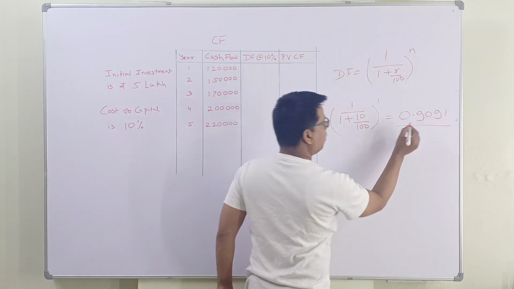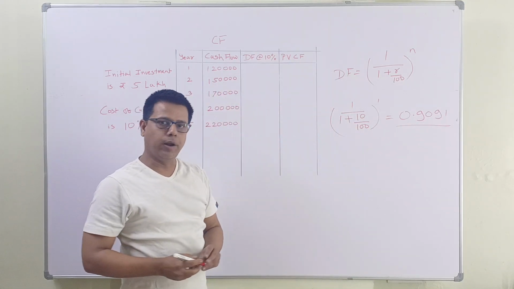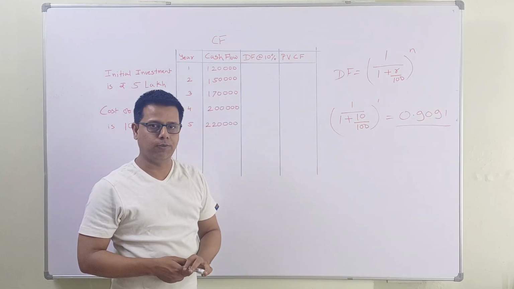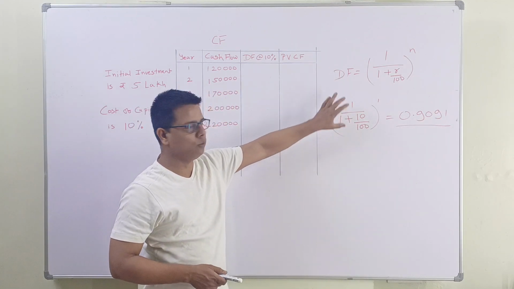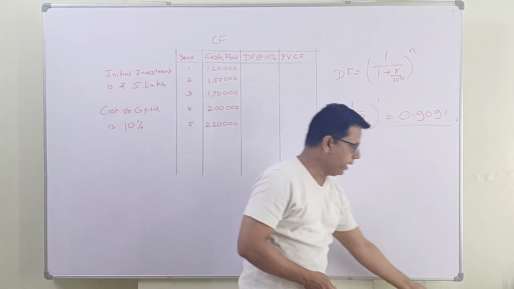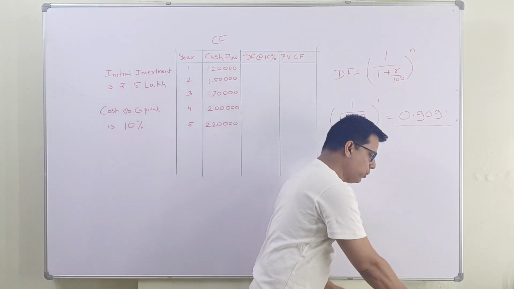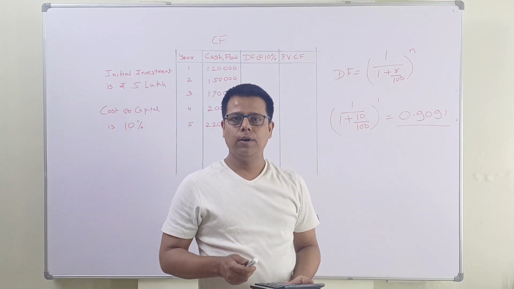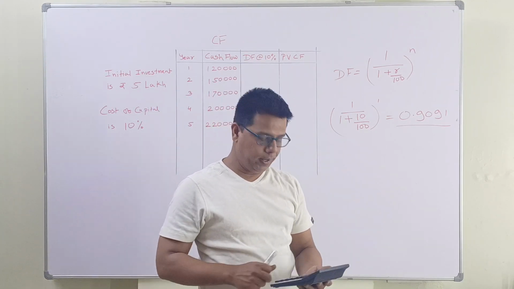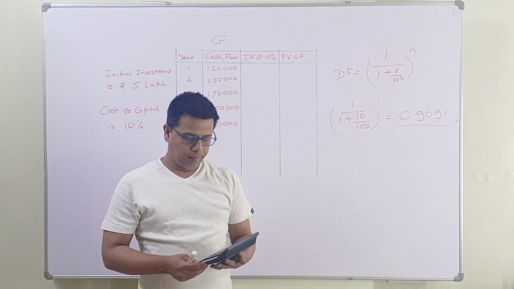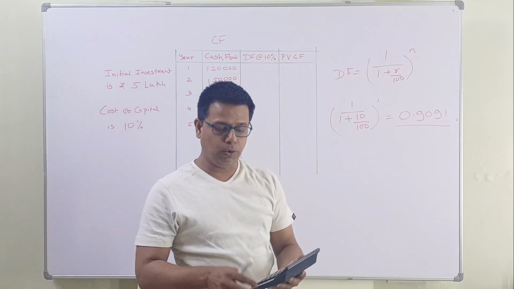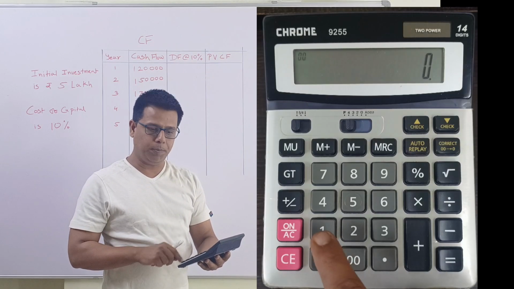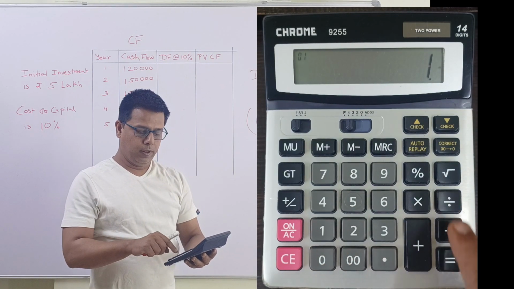So we have considered the rounded off value 0.9091. Now how do we calculate? You will have to use the calculator. So I can show you how to calculate the value for each year. So how to calculate DF? Let's use the calculator. Now you can see in the calculator that what we have to type is 1 divided